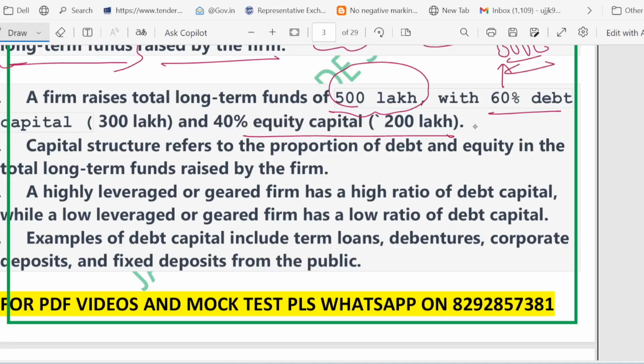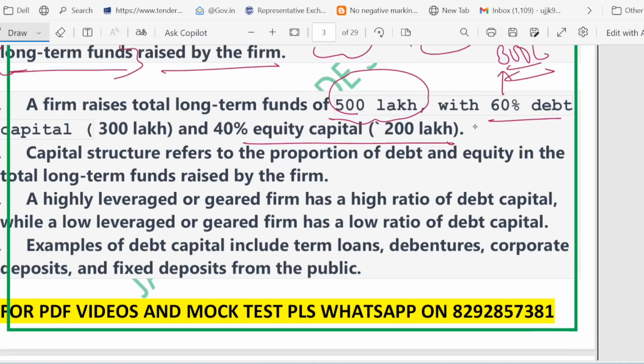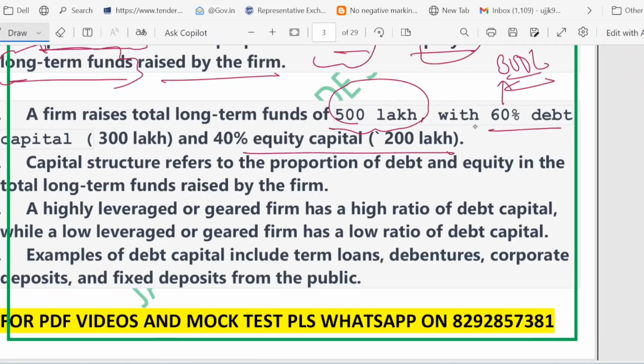Now suppose a company has more debt in its structure. Suppose the company has more debt, as you can see here, 300 lakh is debt. So more debt is there as compared to equity. So if a company has more debt in its structure, we say it is highly leveraged or highly geared, right? We say it is highly leveraged or highly geared. On the other hand,